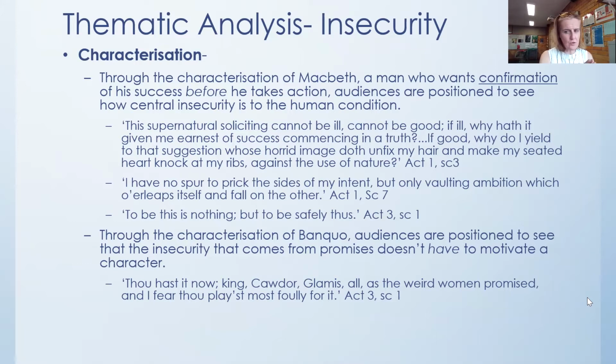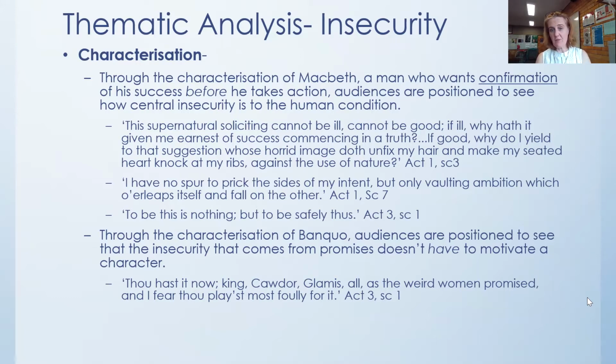And if it's good and true, then why would you essentially present it in such a way that the only way I can achieve it is the horrid image of me killing the king to get it there, which is such a horrid image, it doth unfix my hair. So my hair goes boing, and my heart knocks at my ribs because it's so unnatural. It's so against the laws of nature to want to kill the king. Okay, so you can see we've got that idea of him wanting surety and having to weigh up what he could do because surety isn't there. Okay, so there's the first quote, straight after